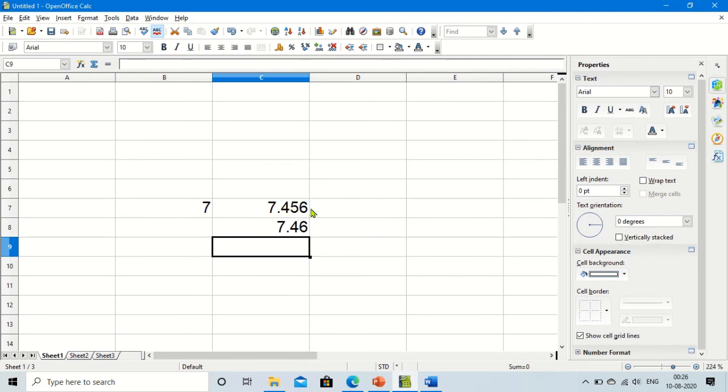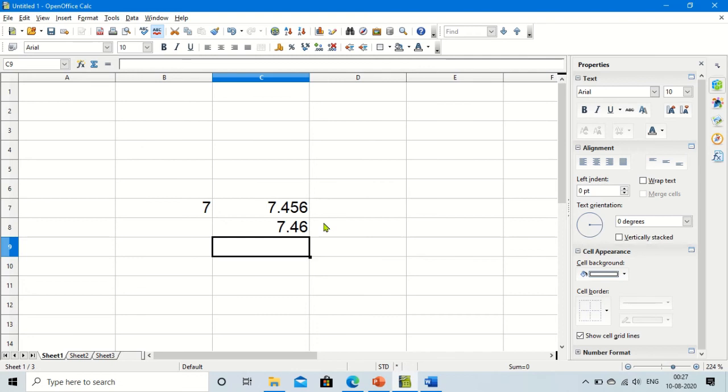Here I want to round this 5. Two decimal places means 5. So after the decimal point I want only 2 digits, so the rest of the digits will be eliminated. But what is the procedure to eliminate? You know from mathematics.